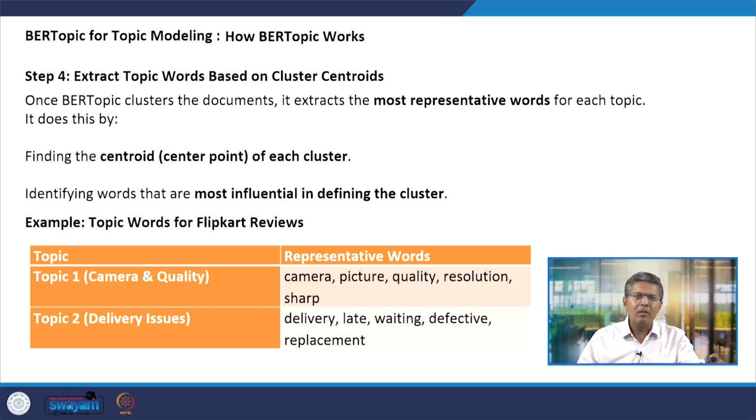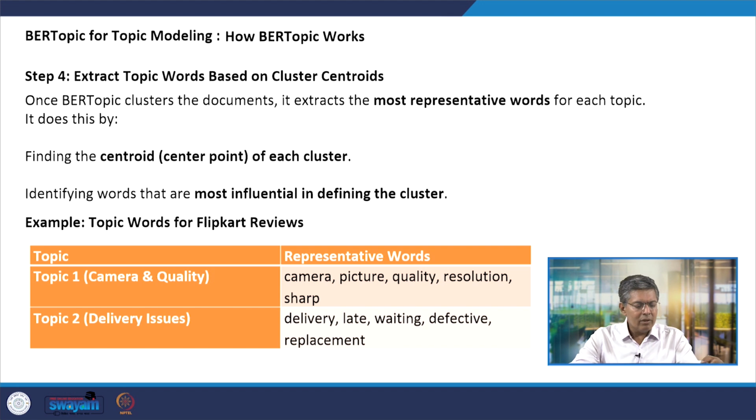So, once BERTopic clusters the documents, it extracts the most representative words for each topic by finding the centroid of each cluster. So, center point, if you remember, same as you were doing cluster analysis in class. Same approach, we use Ward's method, centroid method, different methods. Here in BERTopic, the centroid or center point of each cluster is identified, and then it identifies the words that are most influential in defining the cluster,